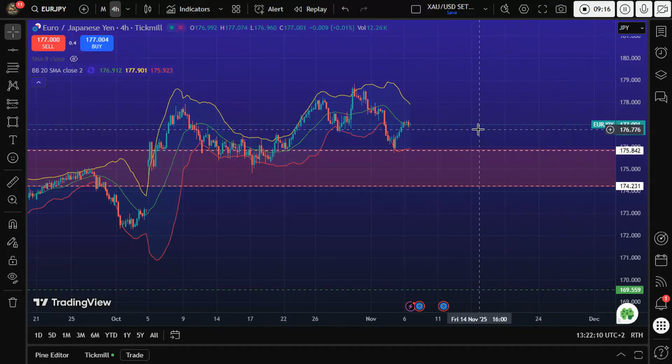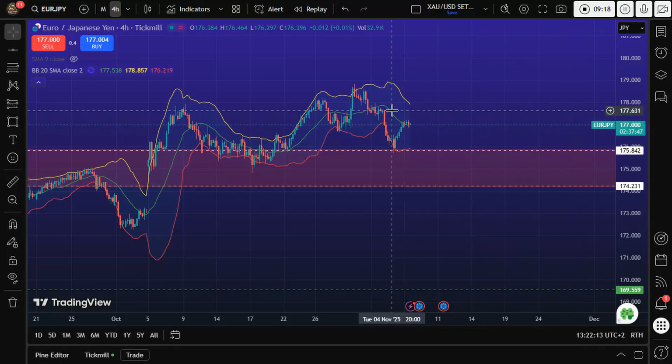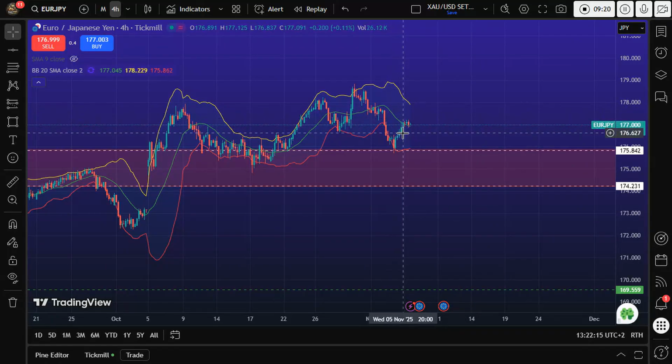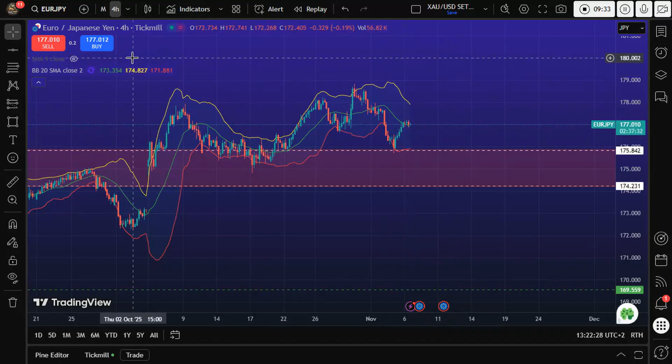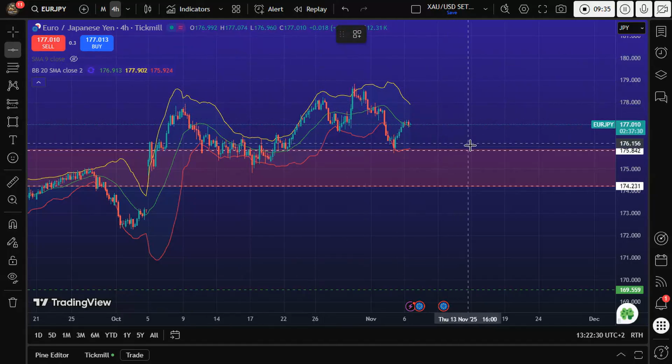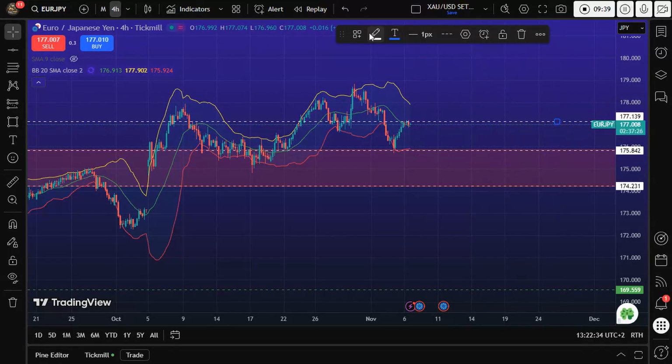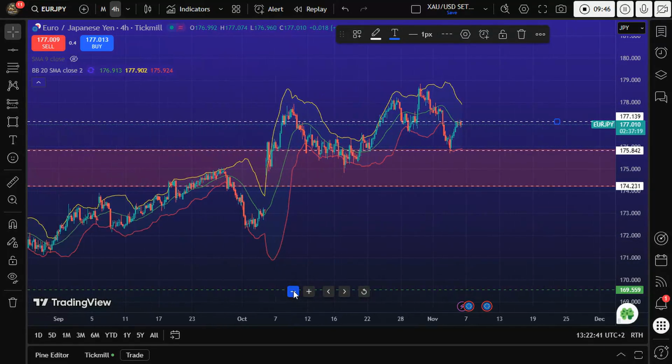So once the price bounces off the mid band, it tells me this specific type of movement is a retracement. You know, it's retracing back to our support level. So I could clearly see this should be our support level here. No, I'm sorry, this should be our resistance level. So you can clearly see the market is really